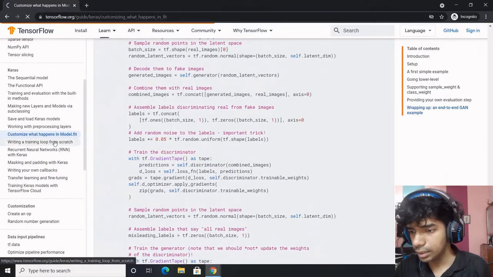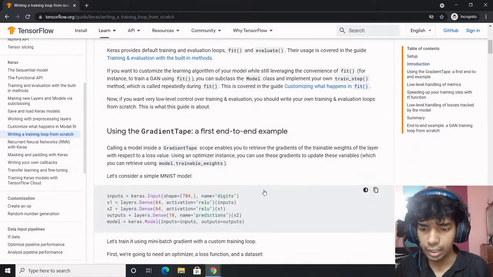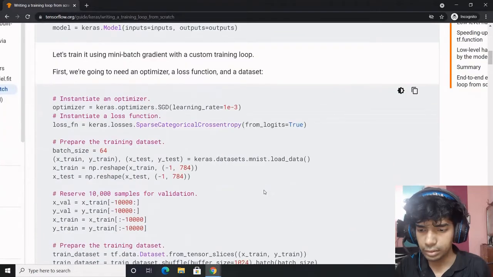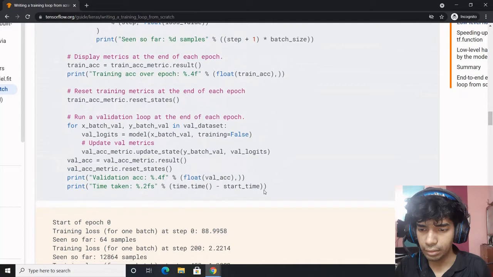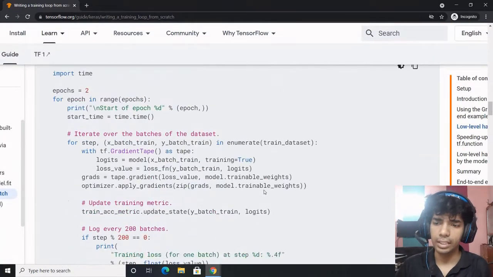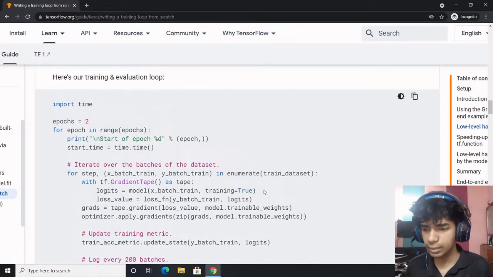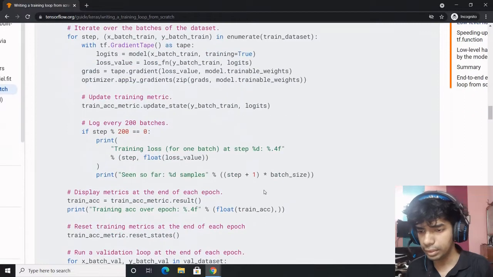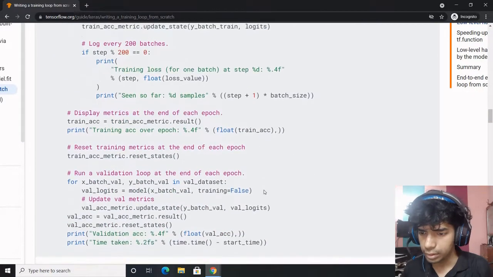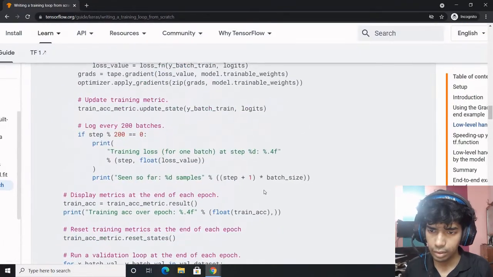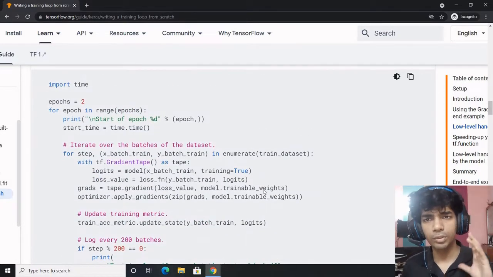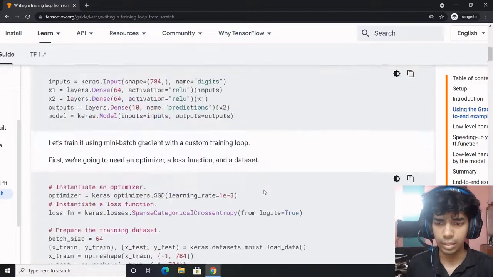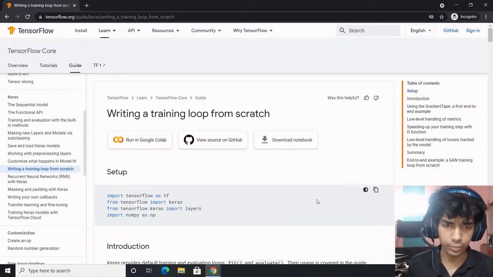Let's write a training loop from very scratch, and that's what this is about. How you can write a training loop from scratch is something which yields more control than model.fit, in my personal opinion. And that is more intuitive, that is more understandable. So let's do that.